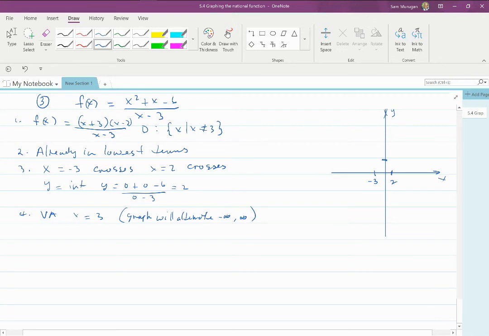Okay, so let's go ahead and draw that asymptote. So we've got an asymptote like this at x is equal to 3. So it is 3, 4. The vertical asymptote, step 5,